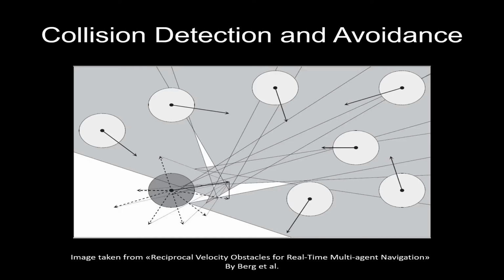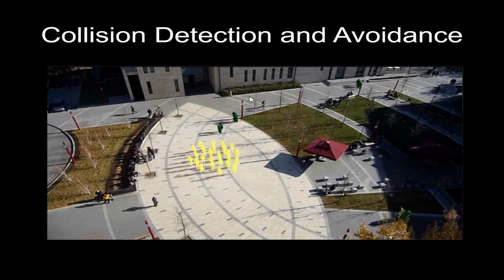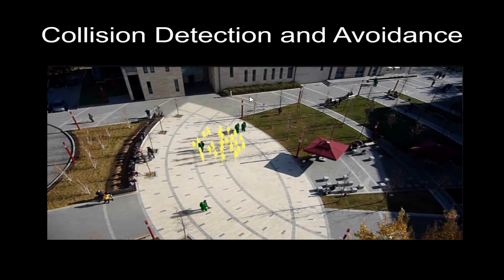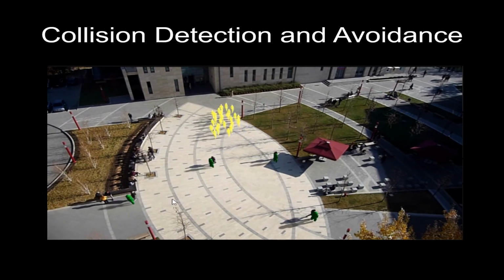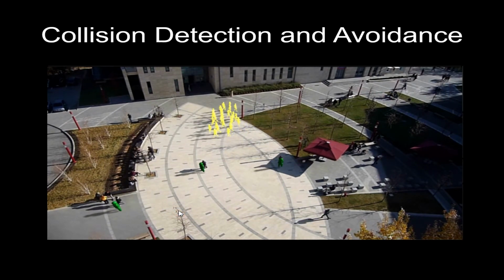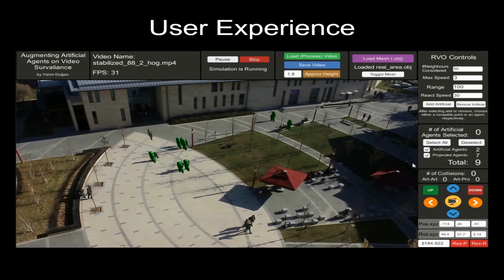For collision detection and avoidance between real and virtual agents, we use Reciprocal Velocity Obstacles, RVO. Here, a group of selected virtual agents are directed by the user to go between several real agents. The crowd tends to separate when the real agents come inside, because the simulation only controls the motion of virtual agents. Our framework provides functionalities to the user to control virtual agents, modify the collision parameters, pause, resume, save and